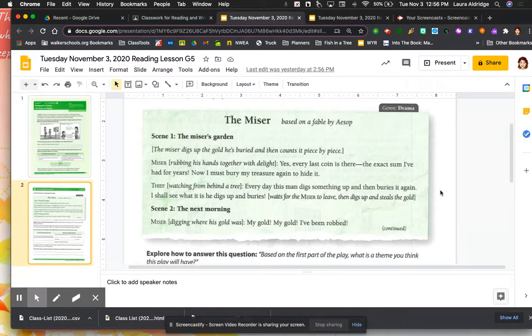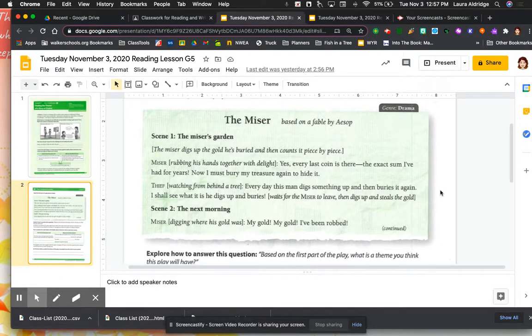So maybe having lots of money doesn't mean anything if you never use it. That could be a general lesson about life, right? Just because you have money doesn't mean that you have happiness. That could be another theme. Another theme could be that maybe having money doesn't bring you joy or satisfaction. And having lots of money doesn't really mean much if you never use it. I like that one a lot. And some of the details that support that is the fact that every day the miser digs up his gold to count it, but then he buries it again. Really, what use is that to anybody?